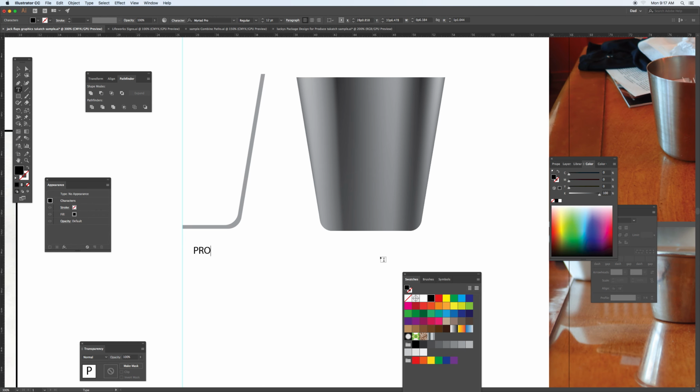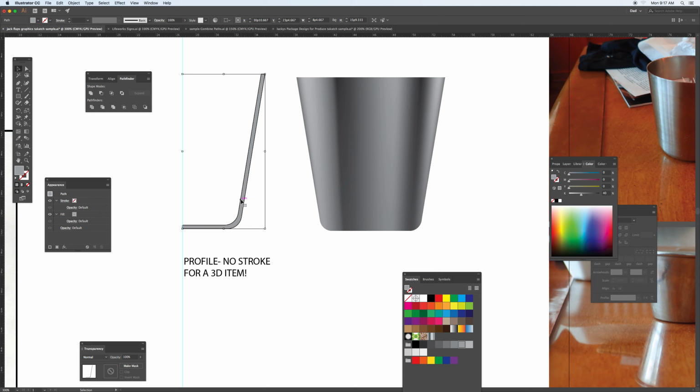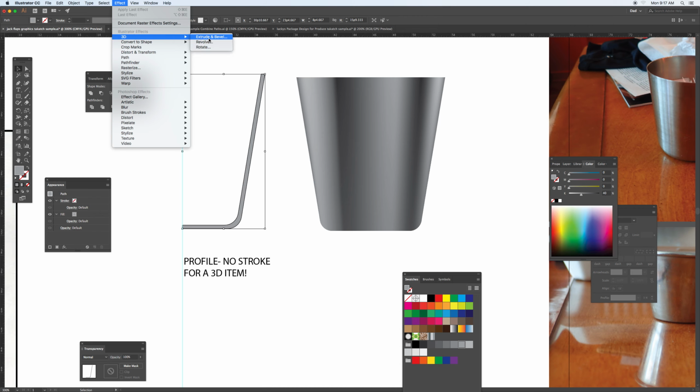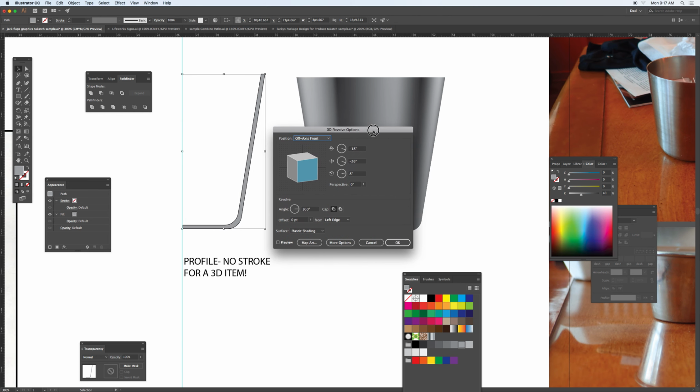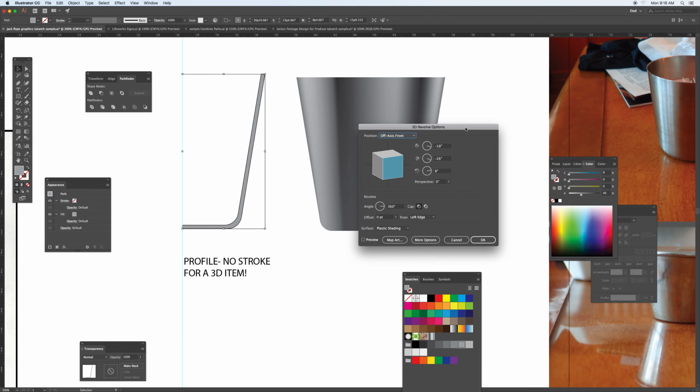And this is called a profile. Okay. So I typed that in there just so you can hopefully remember that. If you do this next function with a stroke on there, it'll slow down your machine, may lock up Illustrator. But what's going to happen is under Effect, 3D, Revolve, when I click on this, this whole window pulls open. I'll set it in the way here. When I hit Preview,